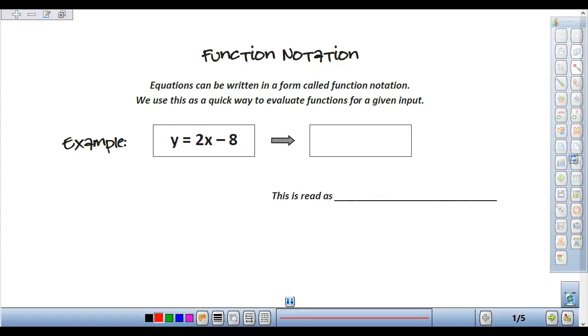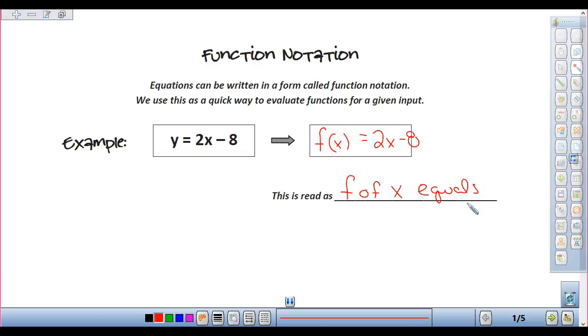Notation. So we are using the equations in y equals 2x minus 8, right? Okay. Function notation looks like this: f of x equals 2x minus 8. So all we're doing is changing this y into this thing. Okay? And we read this f of x